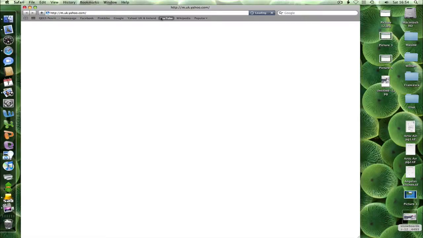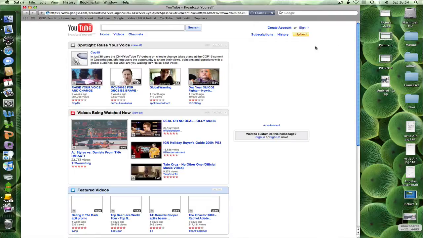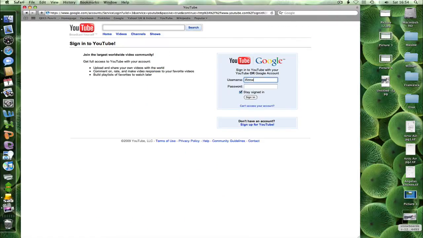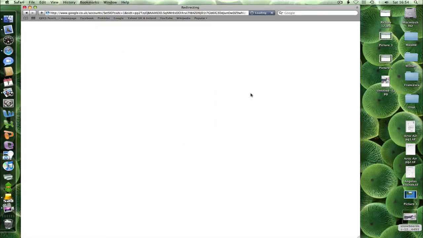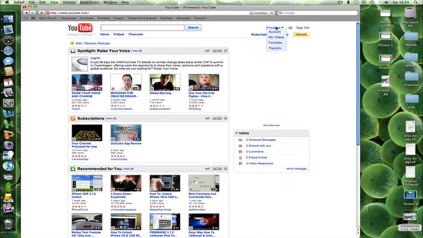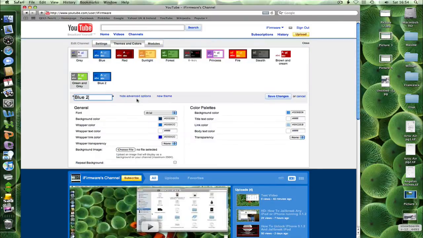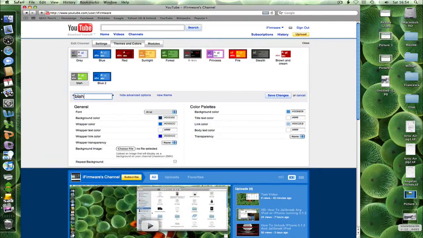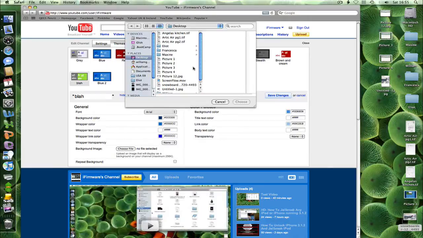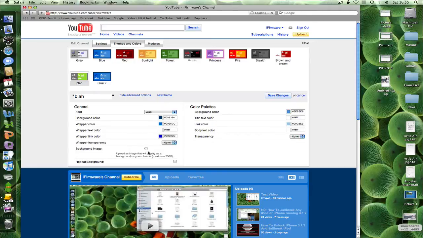Load up Safari, go to YouTube, sign in because you've signed out before, so that's a bit annoying, but anyways. So you sign into your profile, go to your profile page, hit themes and colours, new theme, and then just name it whatever you want. Blast, let's just use. For background image, you choose the file that you just made, which in my case is untitled1. Hit choose. It will begin to upload it,